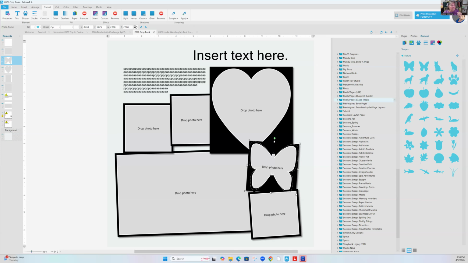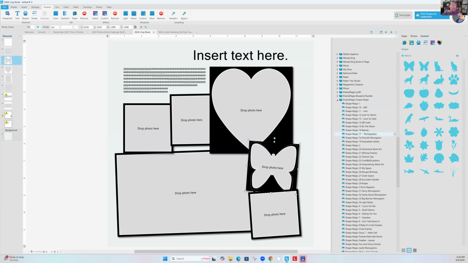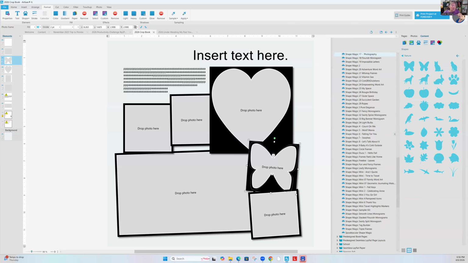And all of their kits that they're doing are something to do with shapes. So that's kind of a cool thing. But if I go to Pixels to Pages and I go to Shape Magic, they have a lot of shape kits. So if I went to,